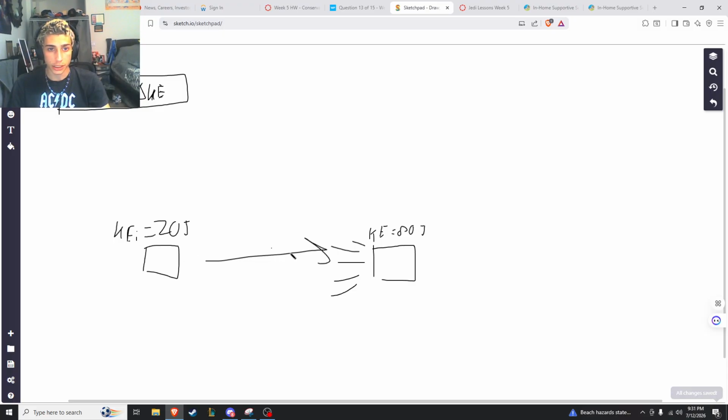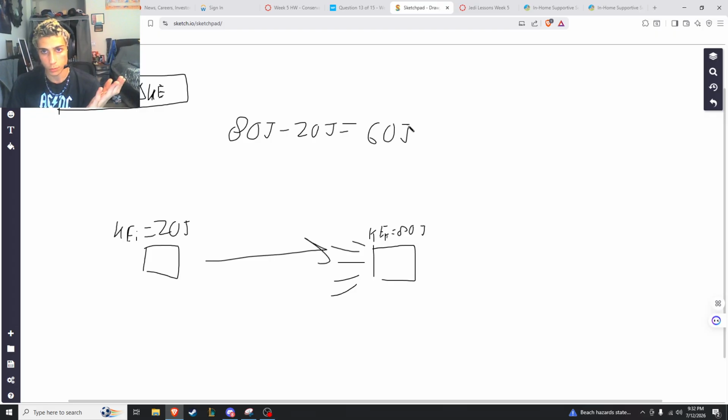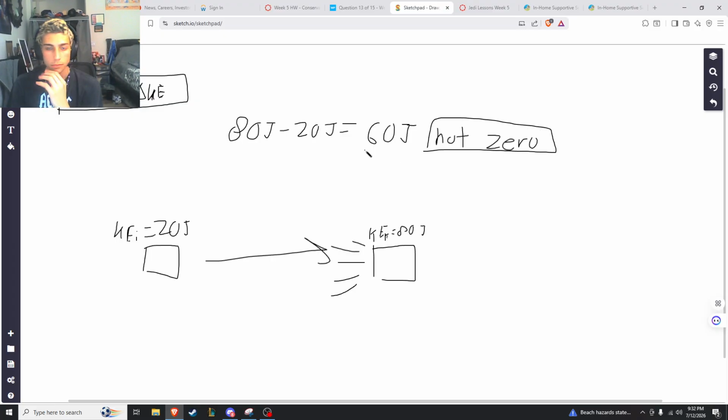In this situation, what are we going to do to find the net work? Well, we're going to subtract. We're going to do 80 joules minus 20 joules. It's going to be equal to 60 joules, which is not 0. And the equation we used here is final kinetic energy minus initial kinetic energy